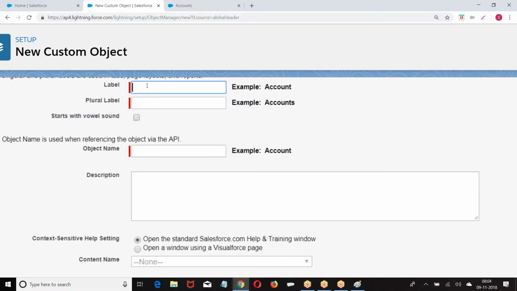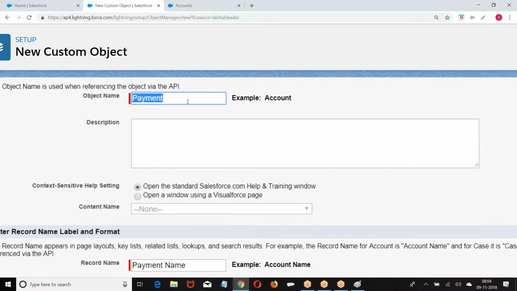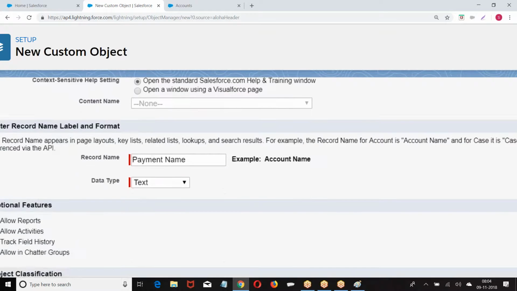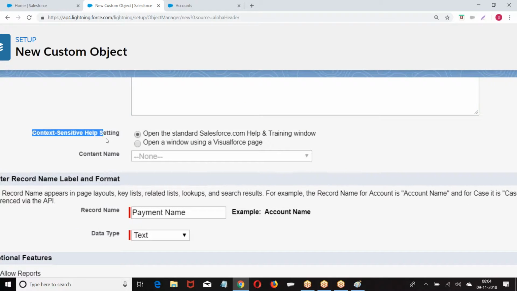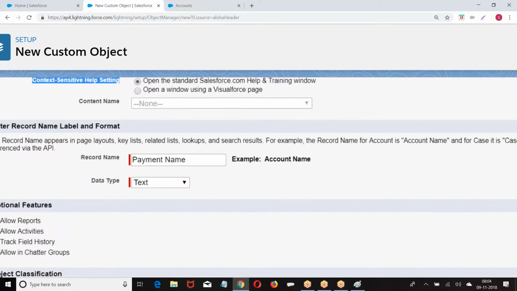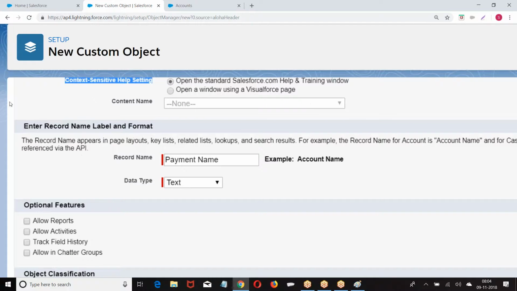Label name payments, object name payment. We have context sensitive help and settings. Now, which document you want to open? I want to open the Salesforce document. Then record name, label and format. With what label you want to display this?